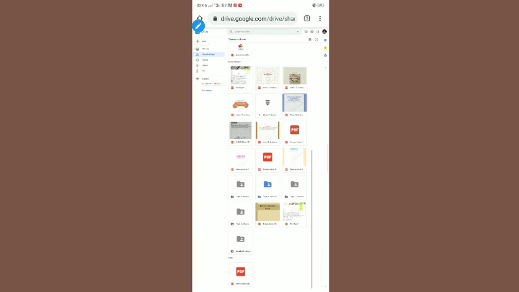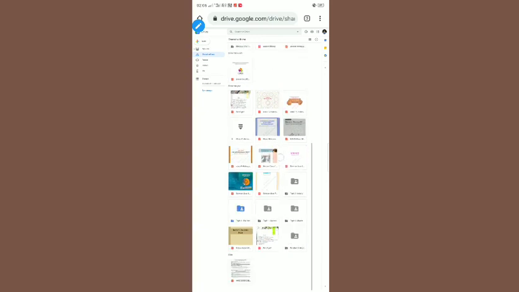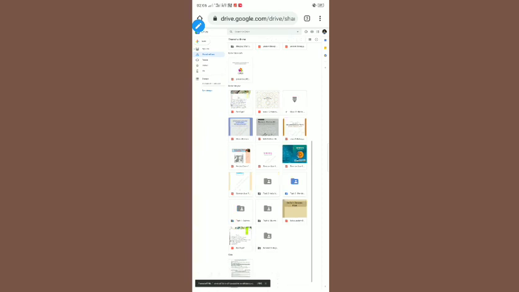Let me show you another example. Again, if I have to delete class 11th history, I select it by clicking. It is selected. Now I click here, and look down, what is showing: removing one file. So your file will be removed. In this way you can delete any of your files.